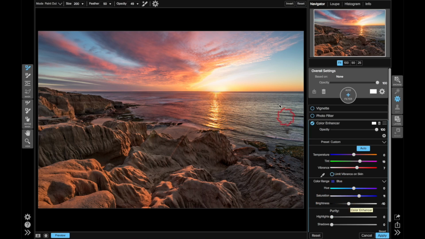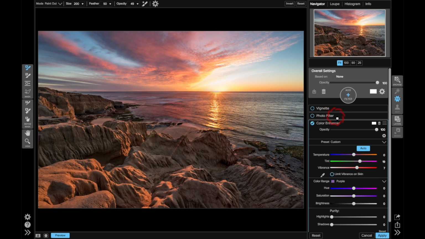Brought brightness down to getting a little more color into that blue in the sky. And probably nothing with purple. Nope, that's flat. So that's our color enhancer. Main things here was to pop a bit of saturation in the reds and oranges and really work the blues in the sky, so those came back. Now, photo filter, this is one that I played around with a bit because I wanted to give